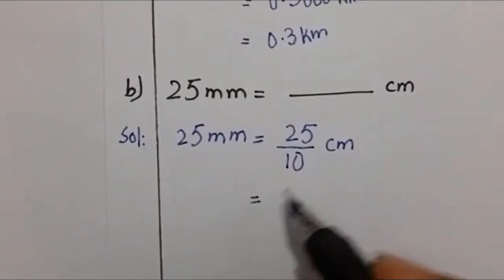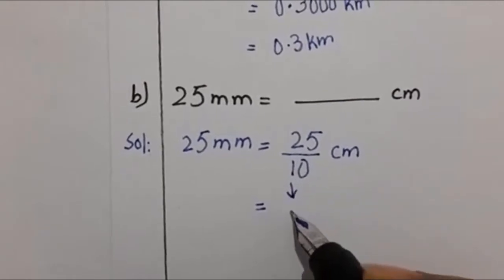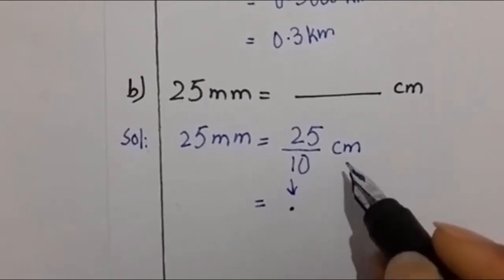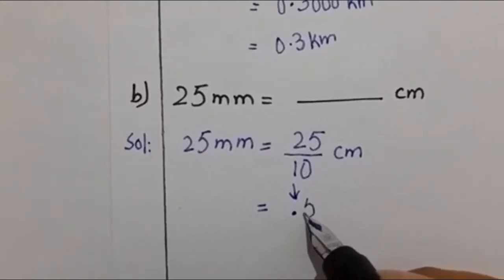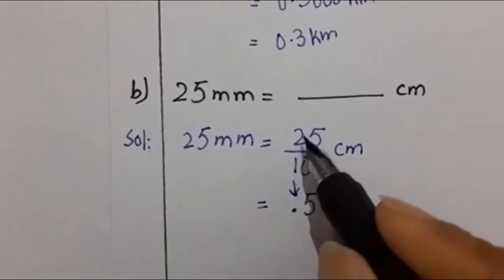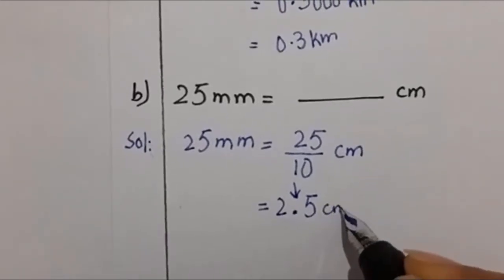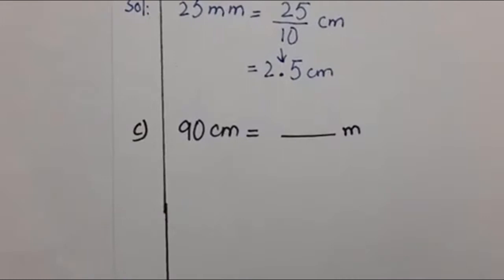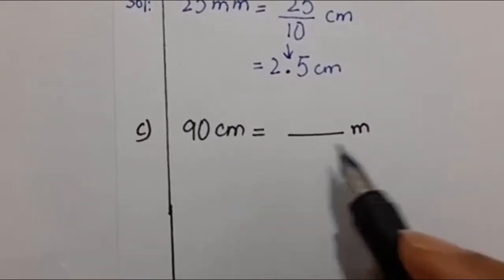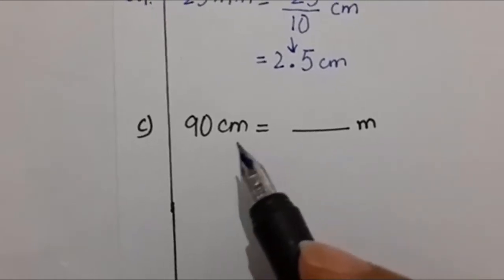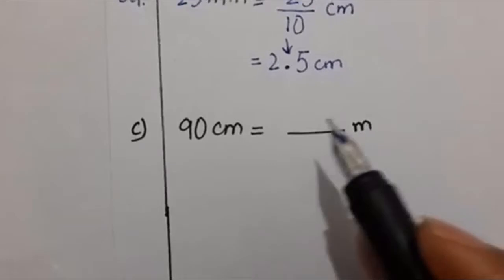Okay, let me help you. As it is 1 will become the decimal point. There is 1 digit after 1. So that 1 digit in the right hand side is 5, and before 1 is 2. It is 2.5 centimeters. Okay. Our next sum, boys, is 90 centimeter equals to dash meter. I am leaving this sum on you. We have done a sum like this in the activity, so you can take guidance from it.